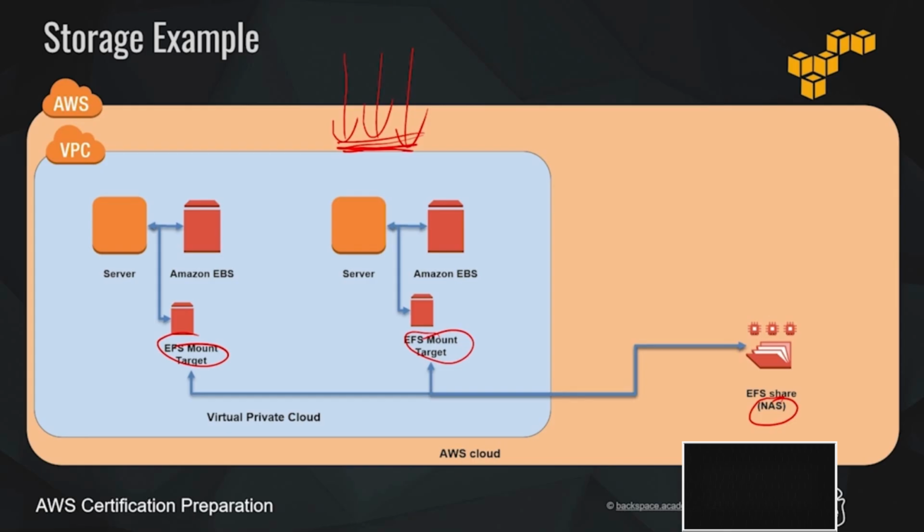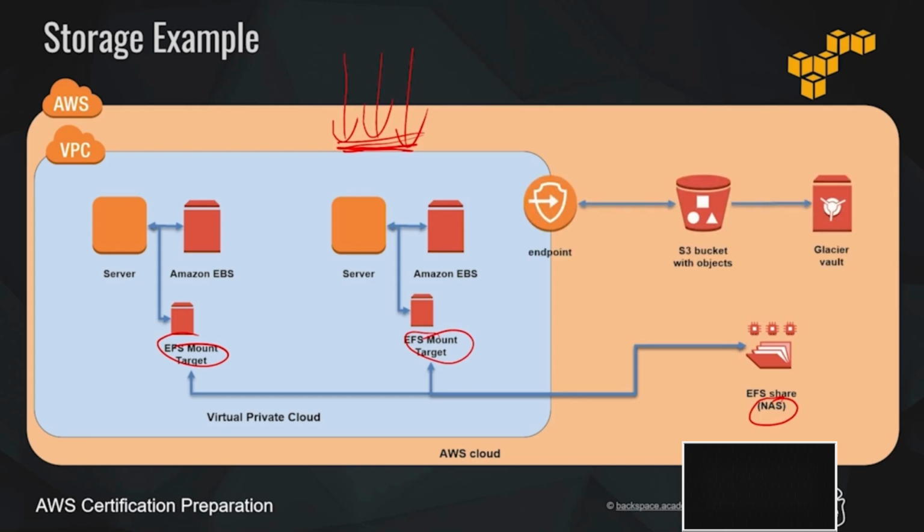We can use Amazon S3 to create a bucket, store objects in that bucket, delete objects, do whatever we want with it. And we can also set up a lifecycle rule on that bucket so that over a period of time, as objects age, they can be migrated over to an Amazon Glacier Vault for long-term archiving. It will still be accessible, it just won't be as readily accessible as the S3 bucket. But the advantage is that we'll be using the lowest cost storage that's available on AWS.